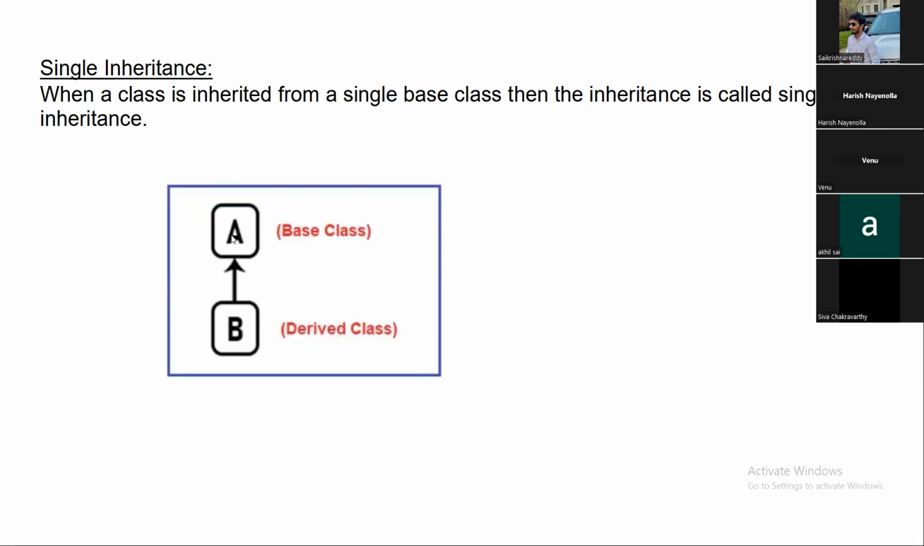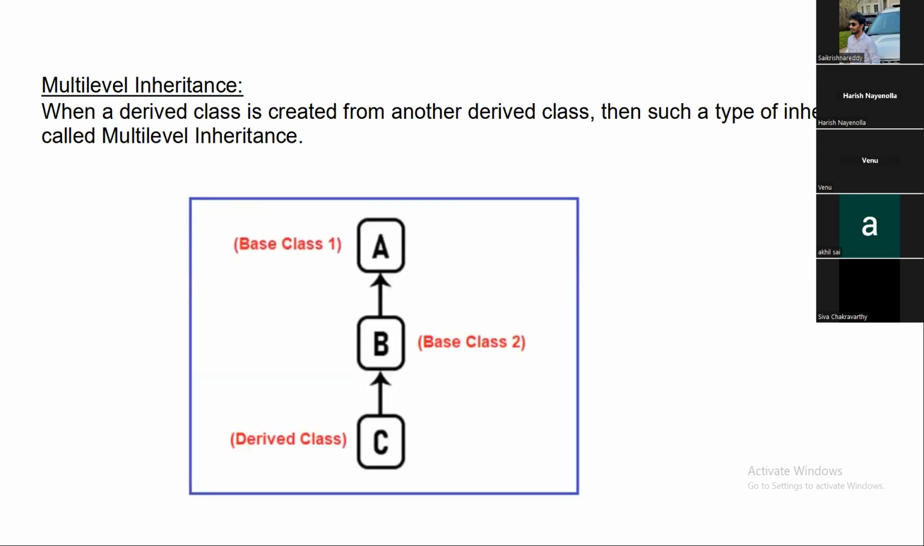So you have only one parent class or one base class, and you're trying to use the properties of that base class in your derived class. It's called a one-on-one relationship. It's called single. You have only one base class. Okay, and another one is